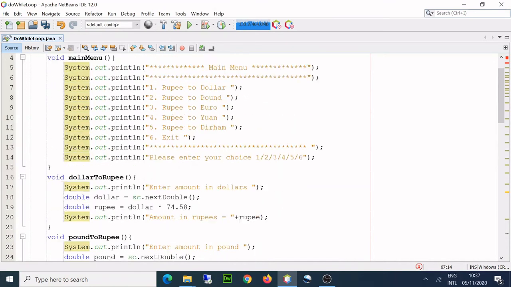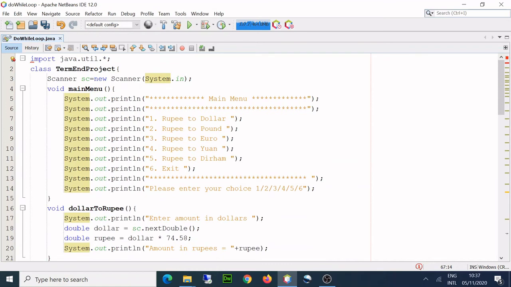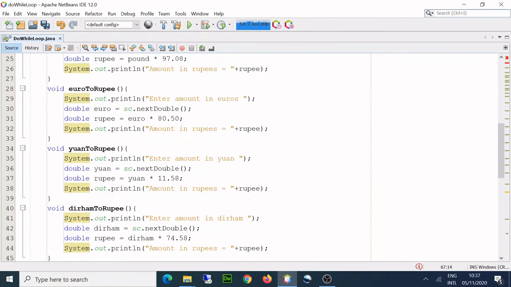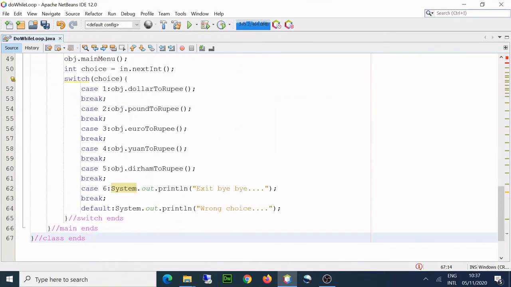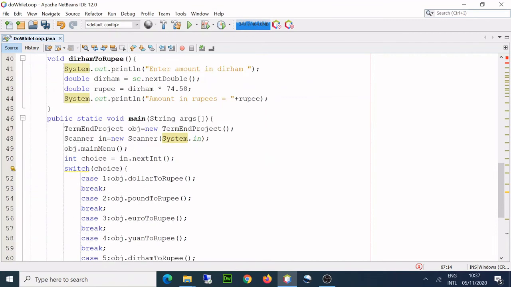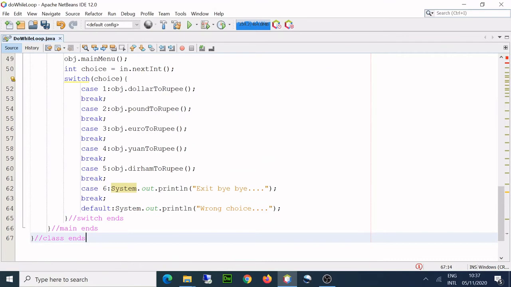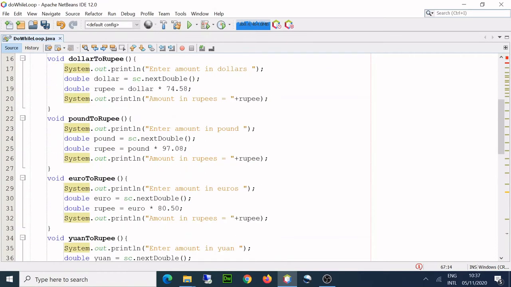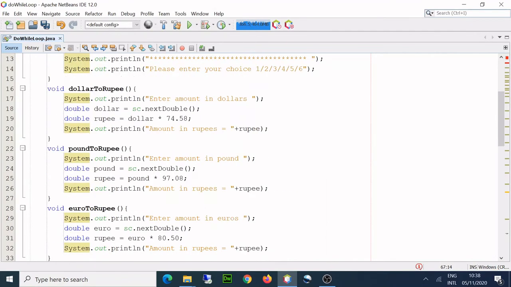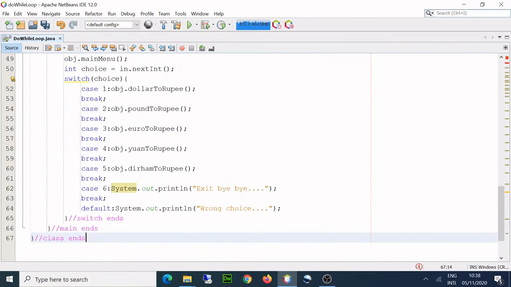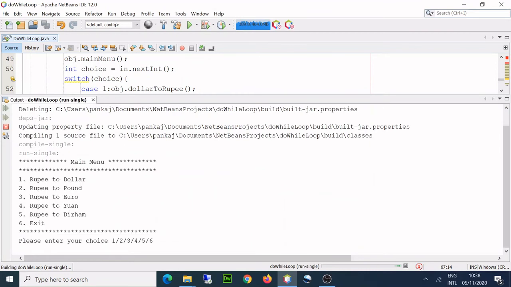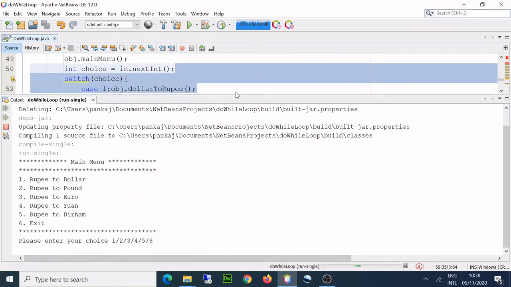Okay, so just see, it didn't take much time for me to basically finish or write it. It's a simple project, but this is basically to give you an idea how we can actually make a project. And it looks good. You see how neat and nice it is looking. It's very simple. Always keep in mind a little bit of indentation, that is a good practice. Okay, so I run my program now, and let's see if it gives me some errors or not.